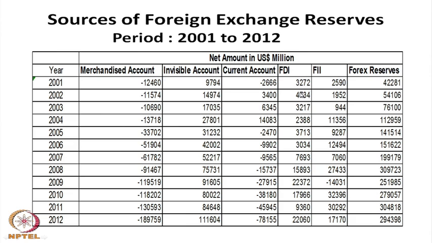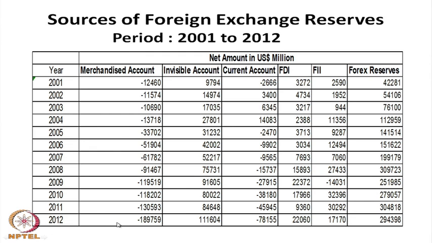Similarly, our FDI is also increasing. The FII investment, though fluctuating, has also increased over the years, and foreign exchange reserve from 2001 was something around 42 billion, increased to nearly 294 billion in 2012. Then, if you see, in 2011 it was 300 billion, which has been reduced because of the financial sector crisis all over the world. In India, our export earning reduced,